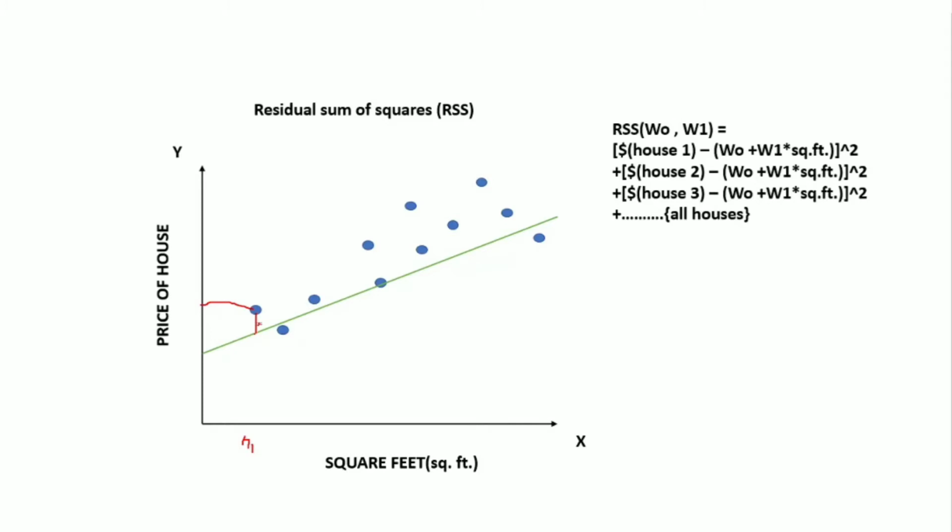I will calculate this distance for all other houses also. Let me connect this for the other houses also. Don't go by my drawing, I know it is a little bad, but you just need to understand what I'm trying to explain. I have connected all the values here. We will get some value for each of these distances, and if we add all these values, we will get another value. We want that value to be the minimum value.